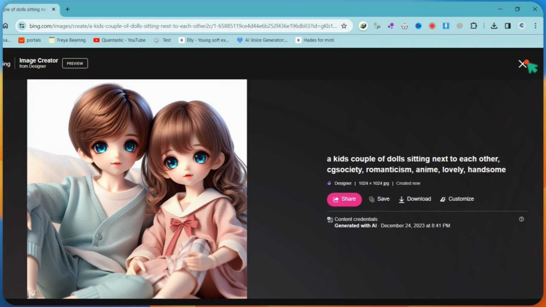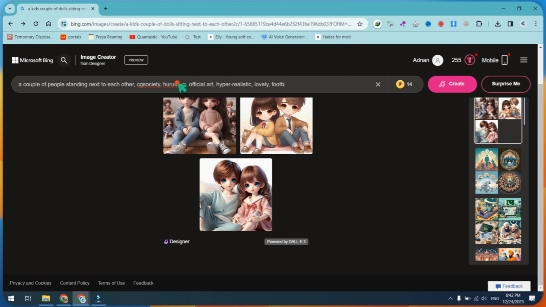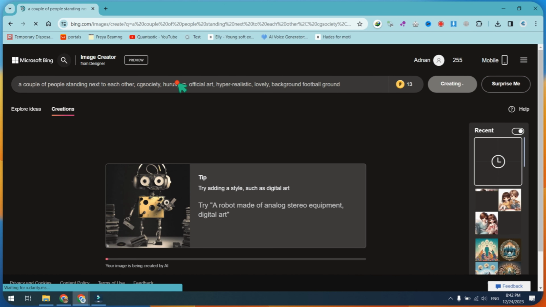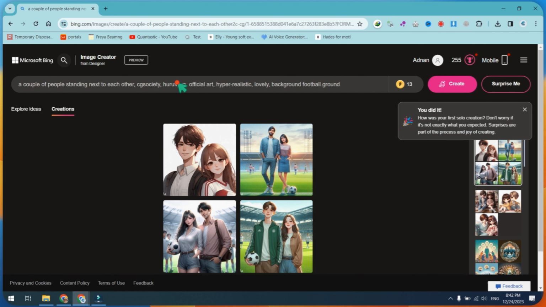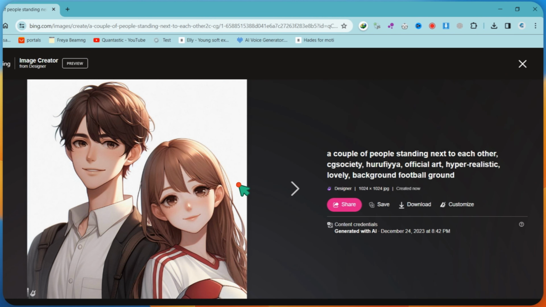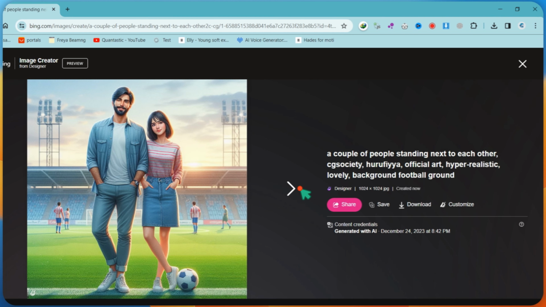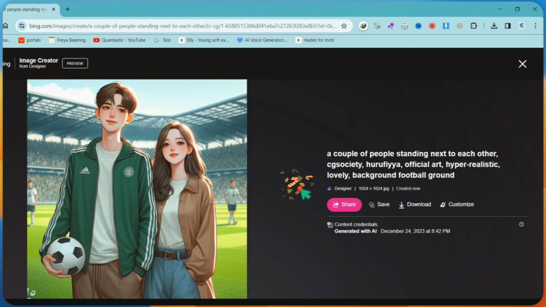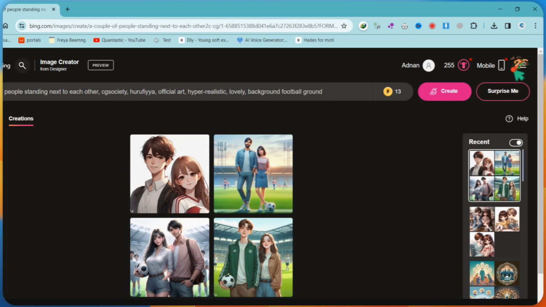Let's give our second prompt a shot. In this one, I've included a football stadium background. Feel free to tweak this prompt to generate even better images. Get creative and experiment with variations to see what works best for you. If the results aren't quite what you're looking for, don't hesitate to make adjustments and try regenerating for a fresh